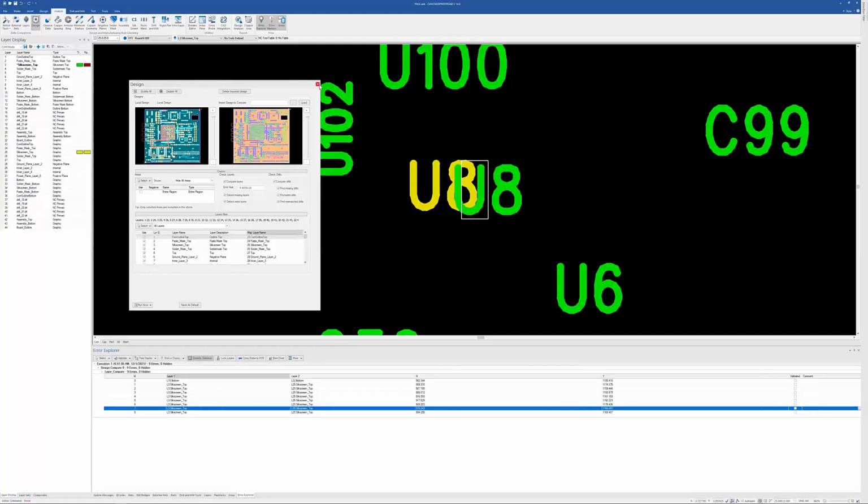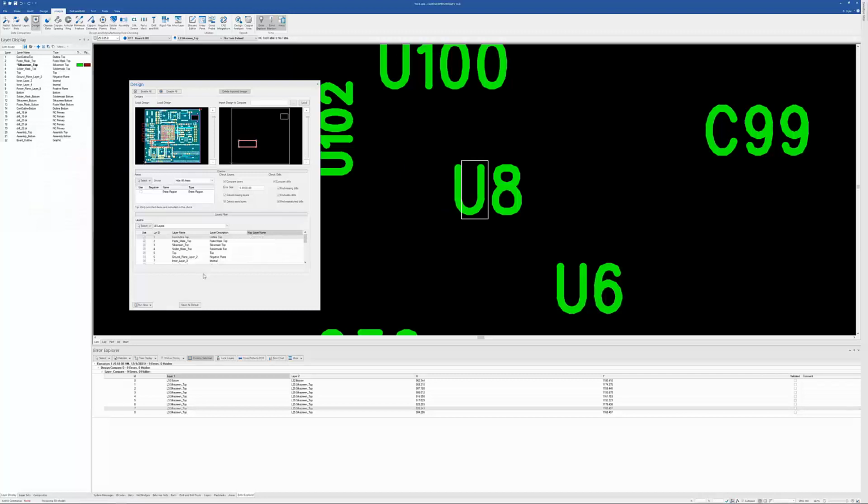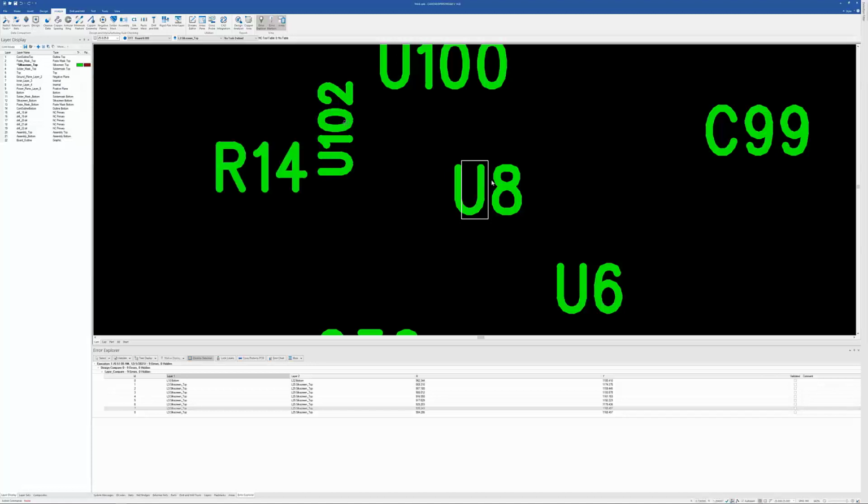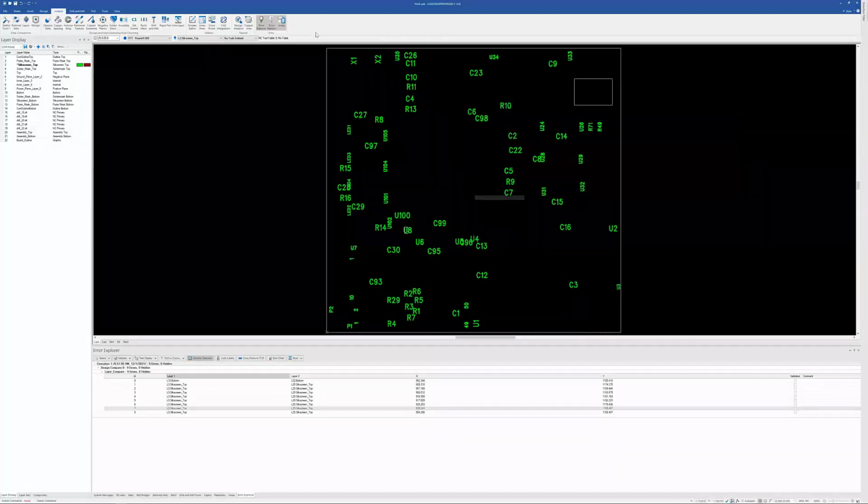All right. Oh, by the way, when you're done running the analysis, you can always hit Delete Imported Design, and it'll remove that second design from your current job that's loaded. So that is Design Compare. And lastly,